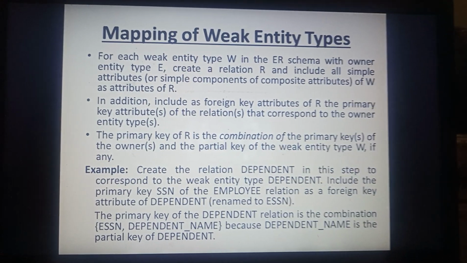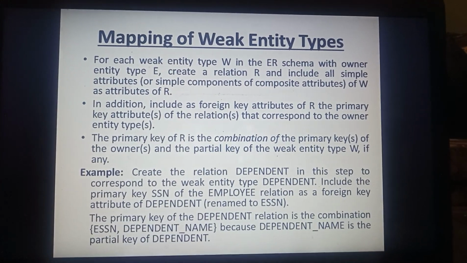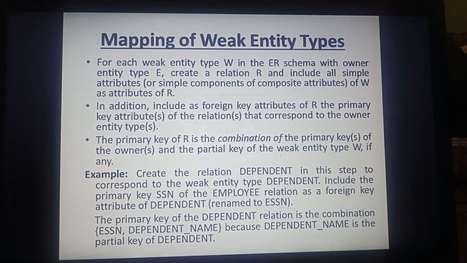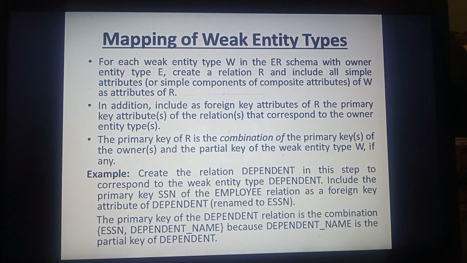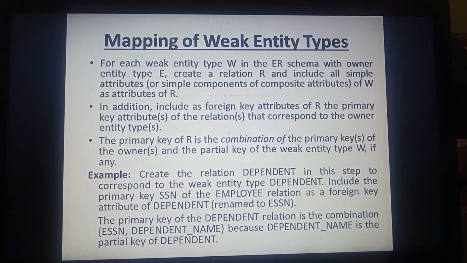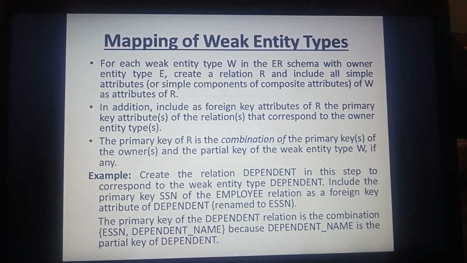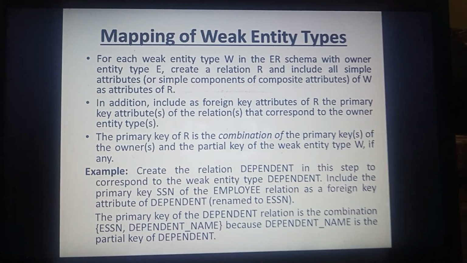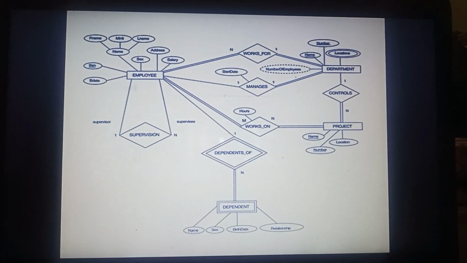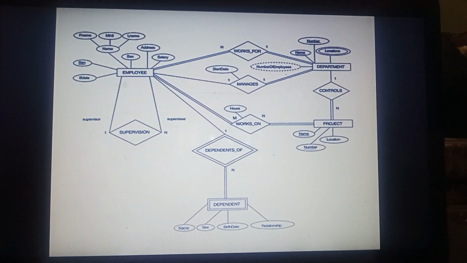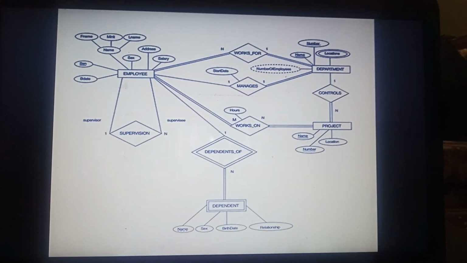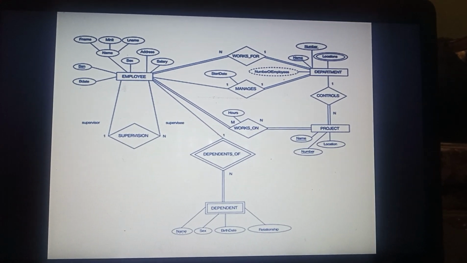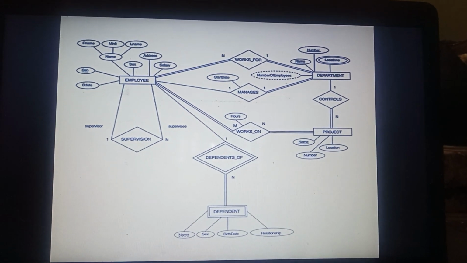Now next step is mapping of weak entity types. For each weak entity type W in the ER schema with owner entity type E, create a relation R and include all simple attributes of W as attributes of R. Now what we have to do in this step is, as you can see in the diagram, we have a weak entity, that is dependent entity, which is related to the strong entity employee.